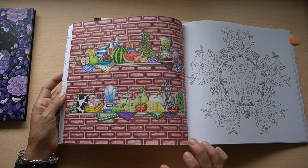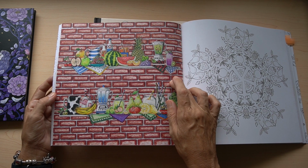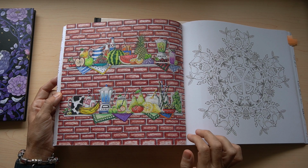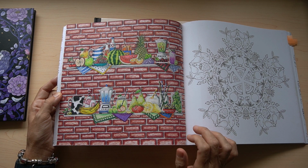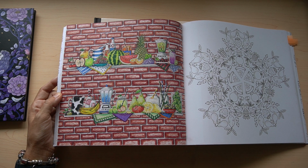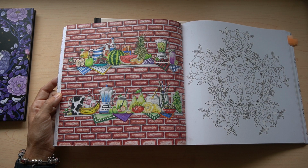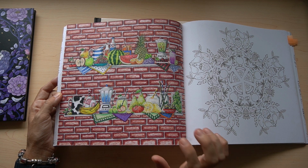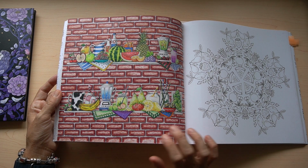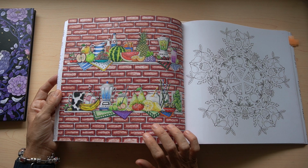But anyway, I wanted to focus on the background. And at first I was going to do a wallpaper background. And I just couldn't find a pattern that I thought would work with this page. And then I thought, well, maybe I'll do a wood background. And then, yeah, I didn't like that one either. So I decided on brick, obviously. And yeah, I'm actually happy. It took me quite a while, but I'm happy with the extra effort that I put in to get the background